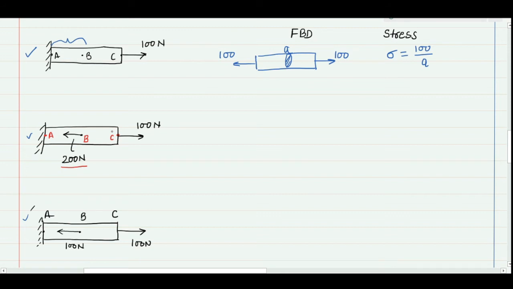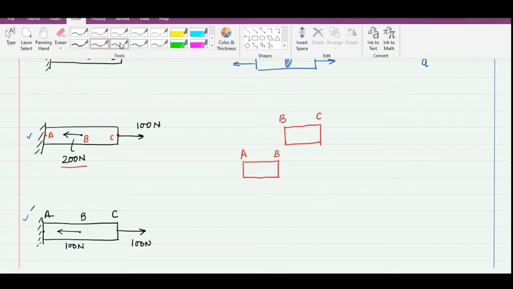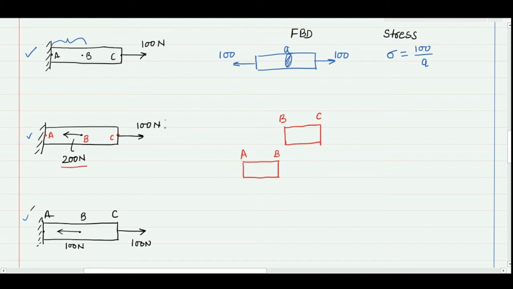Here I am going to explain one conventional method which we have to learn to solve this kind of problem. And what is that? We have to make the free body diagram, but instead of making a single bar, we will break the bar into multiple sections wherever we have an additional force. So here this is the BC section, and this is the BA section. We have to start from a free end where a known force is there. In this case C is a free end, and the force 100 Newton is known to us. So let's make the 100 Newton force here.